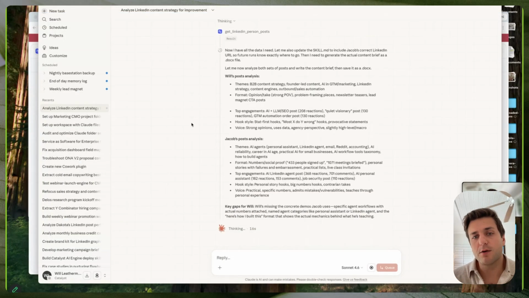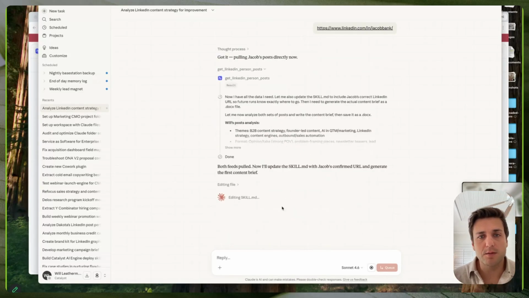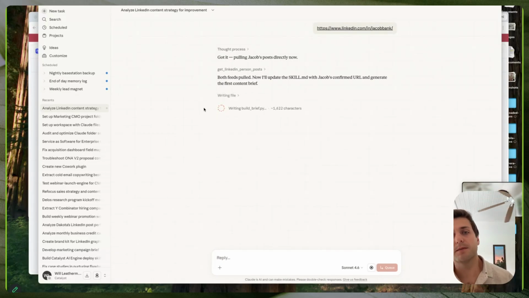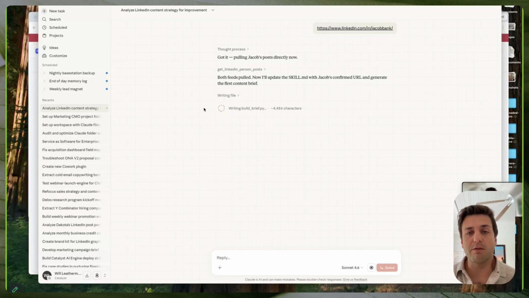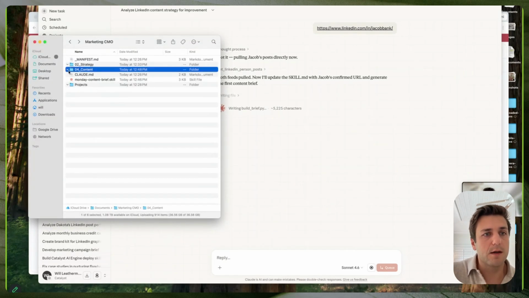So you can see it's now creating a little analysis. The themes that I talk about, the themes that Jacob talks about, both feeds pulled. Now it's updating the skill and generating the first content brief. While we're analyzing this as it's happening, again, the real benefit of this is that now it will happen automatically once we define this skill once. In theory, I can just let this run automatically once it's built the way I like it. And every week be able to go to my folder or my Slack or wherever, and come in here and pull the,